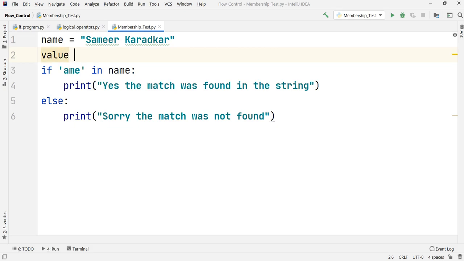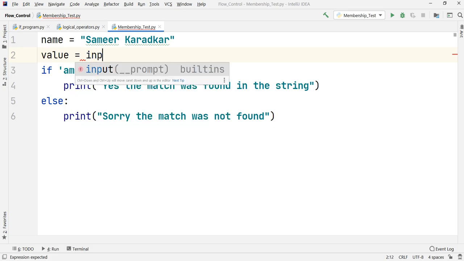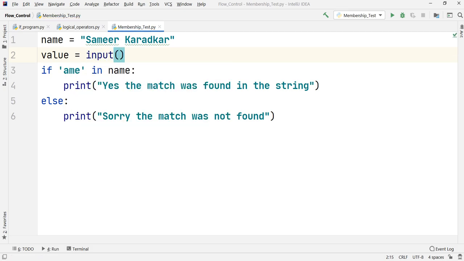I will put an equals sign and ask the user to enter the string. We will ask, enter the string to be searched for its presence.